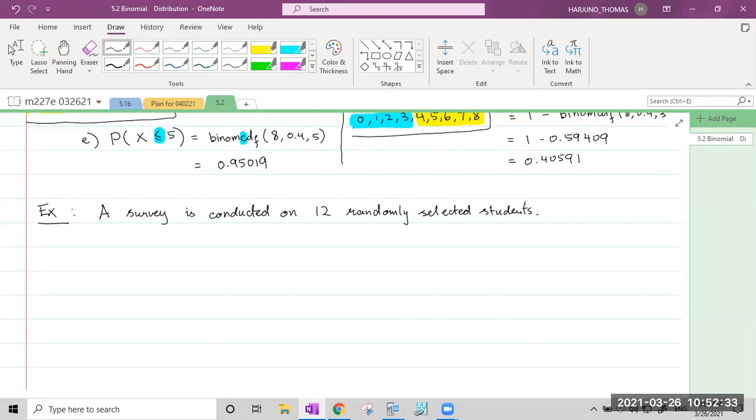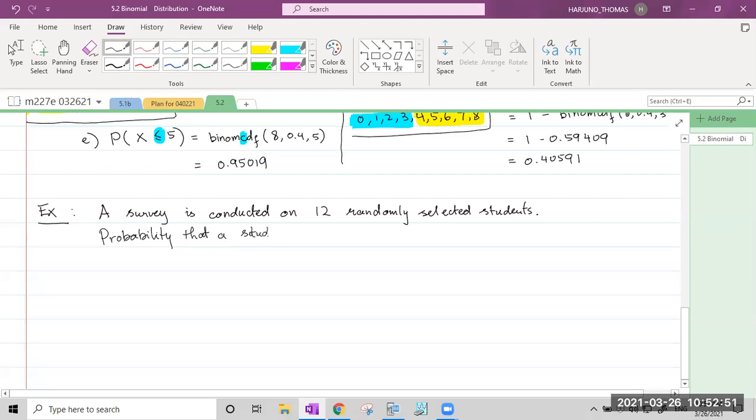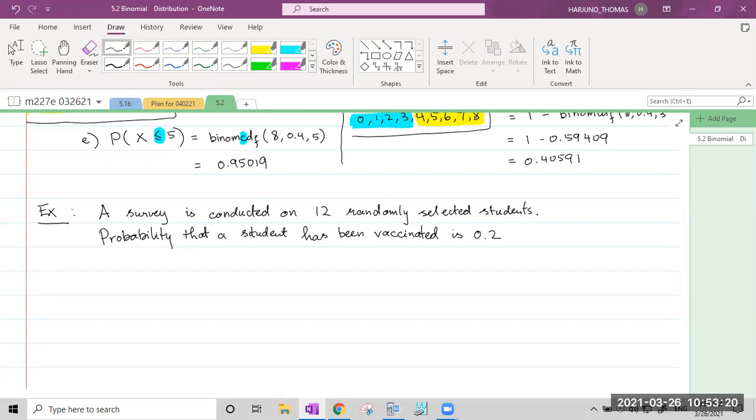And let's say we want to talk about vaccination. The probability that a student has been vaccinated is, let's make it 0.2, still low. Now I'm not saying that this number is bad. This number is actually pretty good right now. Why? Because this is a student. This is not somebody who works in